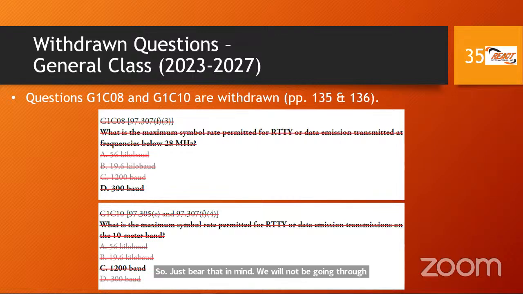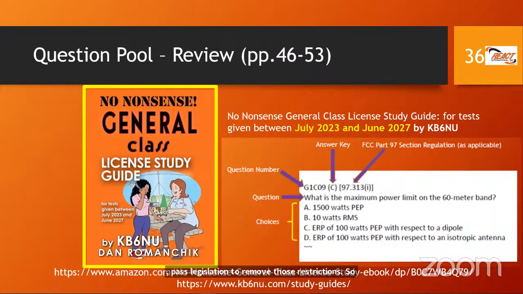But just to let you know, the reason why they were withdrawn is because those are related to what we call symbol rates, maximum symbol rates permitted on amateur radio. And the US recently passed legislation to remove those restrictions. So that's why these are no longer valid questions in the question pool. So let's go quickly to our